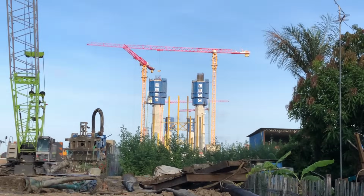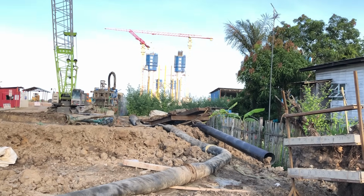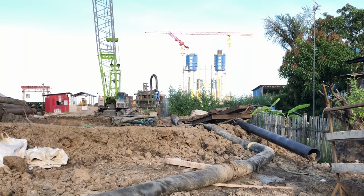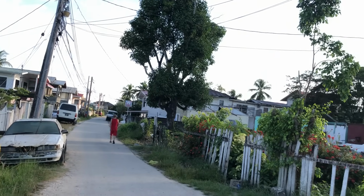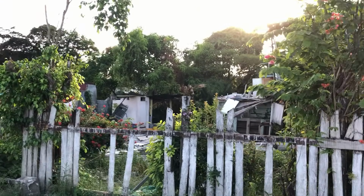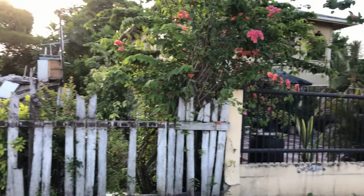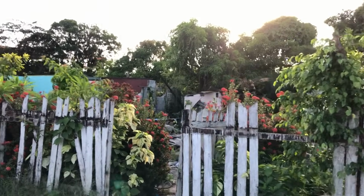So this is where the pillars come out of the river. But as you can imagine, other pillars are going to have to be built between this last pillar here and the one across the road, across the road at East Bank Public Road. They're going to have to put in several pairs of pillars between